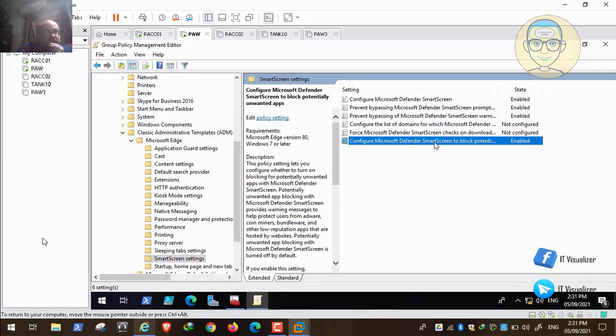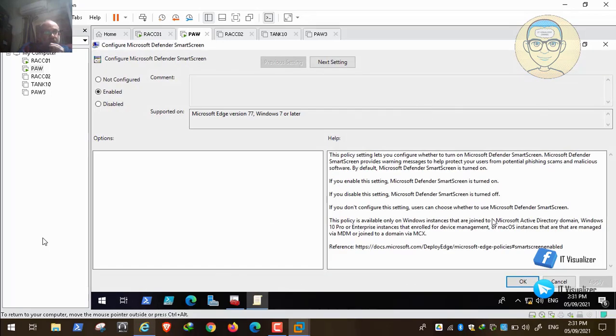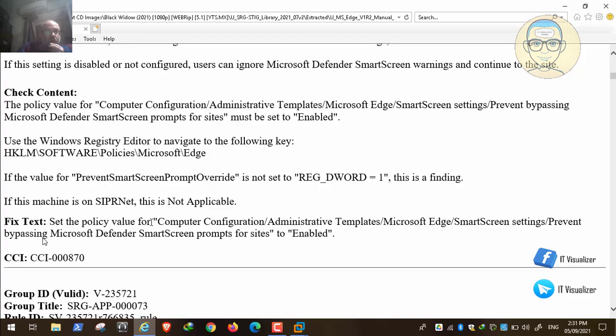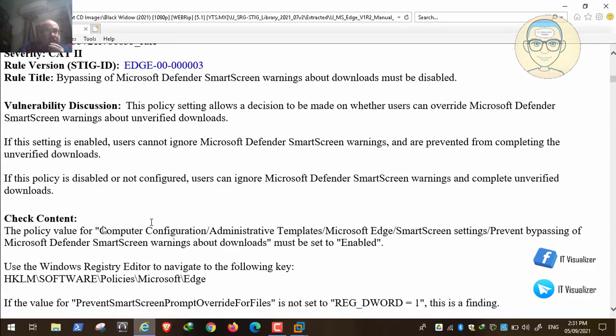So we have this, and we have a lot of things actually. One of them, first of all, is not to bypass the Microsoft Defender Smart Screen warning for sites, and there is another warning from Windows Defender for downloading of files. So let's see the other things here. It's saying warning about downloads must be